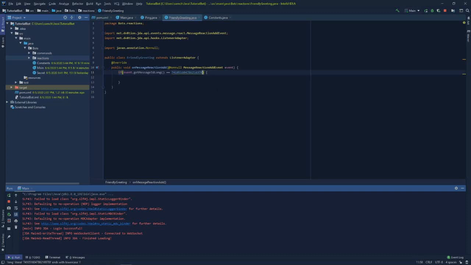If you don't put L, it's going to think that it's an integer, and integers cannot be this big. So we have to put L to make sure it's a long. Okay, so if the message ID is this number,